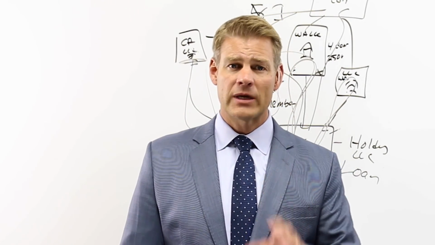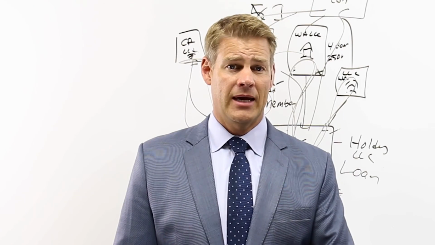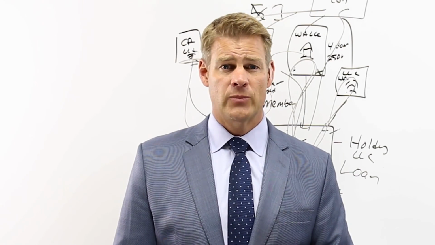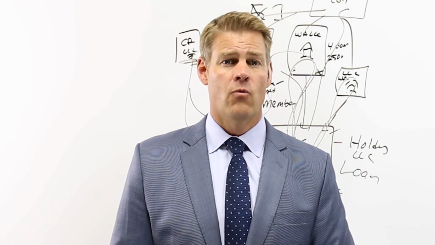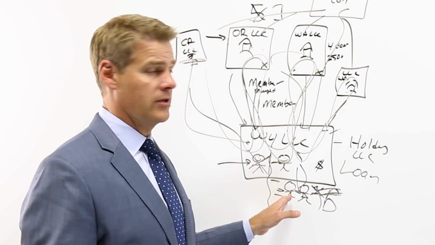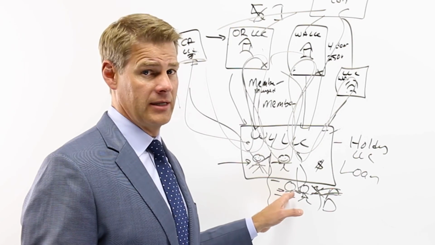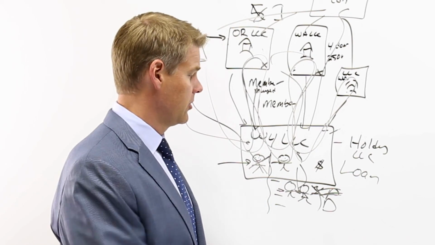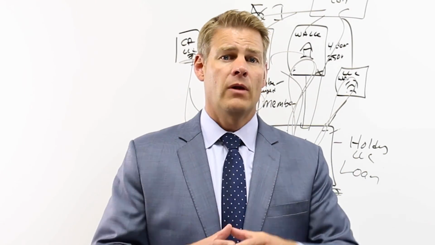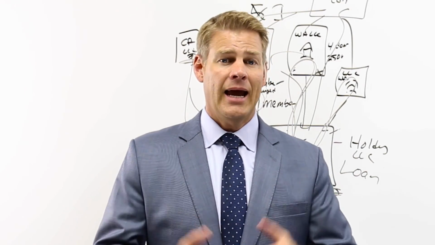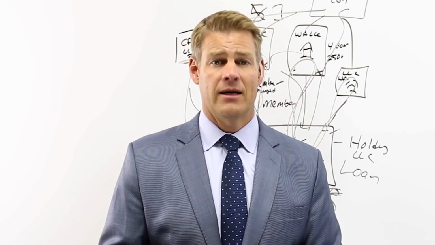I can think of 3 clients just off the top of my head that had multi-million-dollar judgments against them. And the creditors chose to let the client walk because they looked at their structure and they realized there's no collecting with that type of situation in play. So this is how we create structures for buy and hold, how many LLCs that you would need, and how you should hold them if you want an anonymity shield.